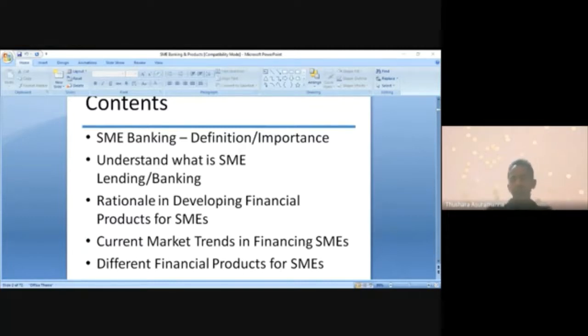Why is the government so keen on SME banking, SME financing? Why are other countries like Thailand, Vietnam, Bangladesh, and even developed countries like Germany interested in SMEs, small and medium enterprises, small and medium industries? So we can name it in a different way. Why? How do you understand their role? Tanya, anything to add here?